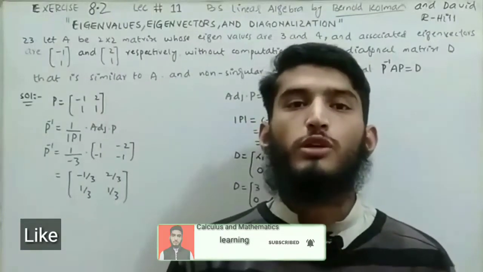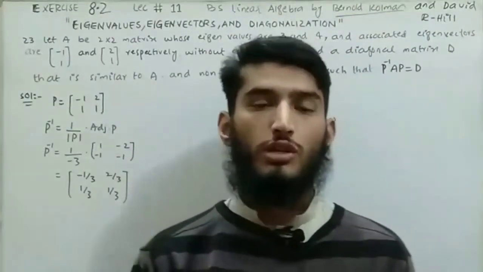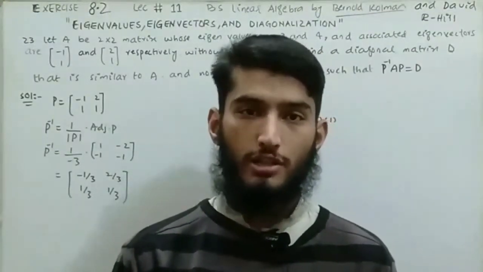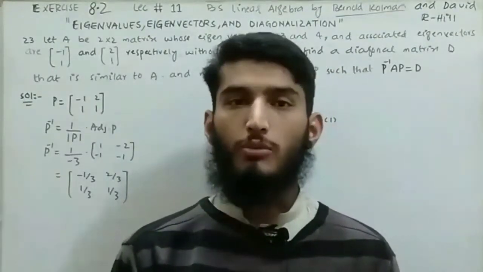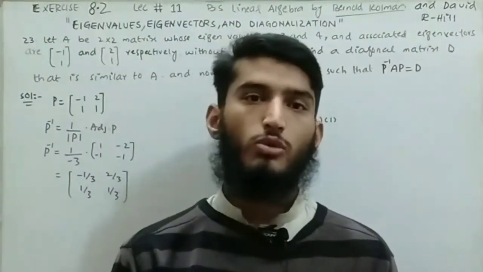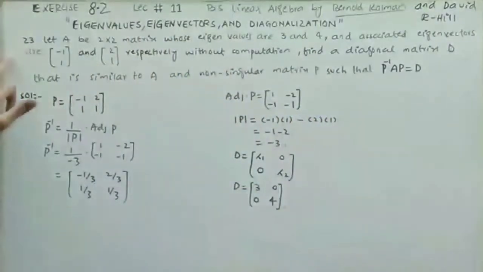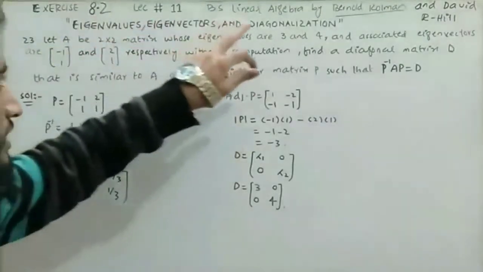In the previous two videos, I solved the first 20 questions of exercise 8.2 relevant to chapter 8, Eigenvalue, Eigenvector and Diagonalization. In today's video, I will solve the questions from question number 23 up to question number 30 or 40. So let's move toward question number 23, exercise 8.2, lecture number 11,